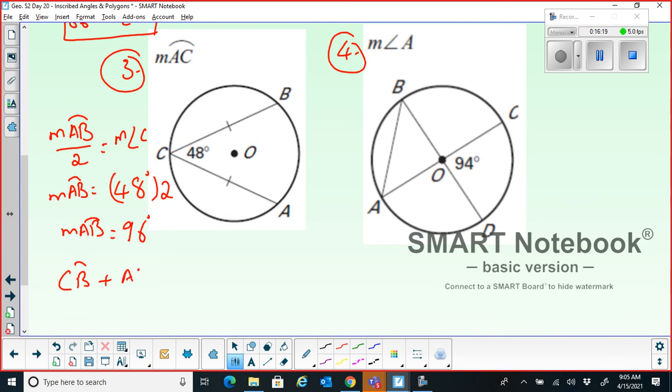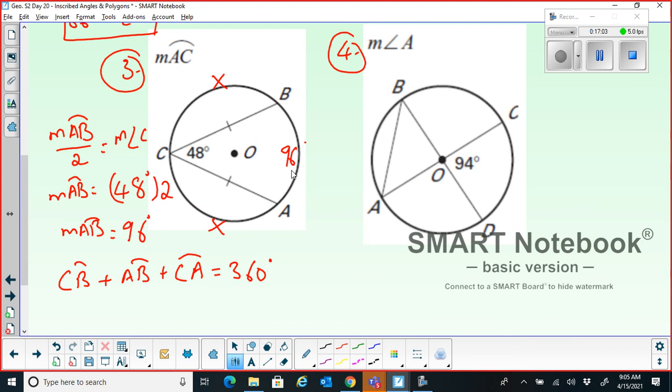Now I know that measure of arc CB plus measure of arc AB plus measure of arc CA equals 360 degrees. I know that, right? We are interested in CA or AC. CA and AC are both the same. I'm interested in this particular arc. This particular arc will be equal to this particular arc because these two are congruent chords in the same circle. So they both will have the same arc measure. If I call this x degrees, this also will become x degrees, and this one I know is 96 degrees. I can just substitute and solve for x.